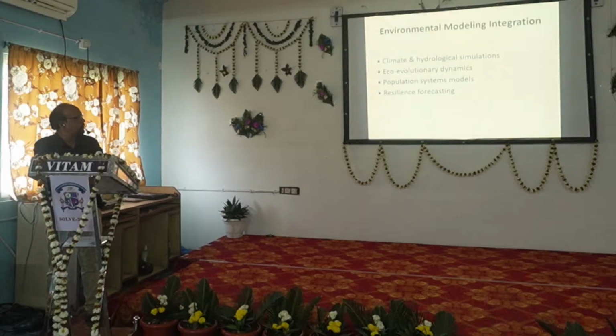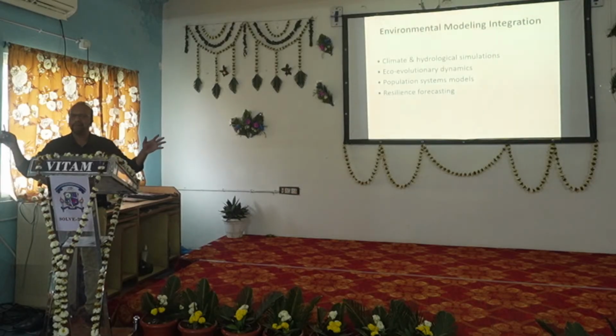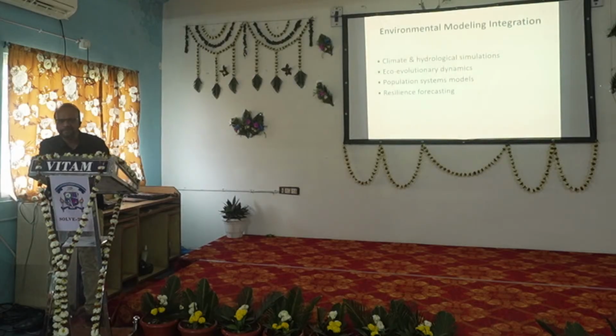the research is all about. Next is population system models. Population means not only humans, but microbial population, ant population, insect population, pathogen population. We are living in such a big campus, and this campus houses a lot of organisms. At least we should know them. Don't you think we should have a catalog, to know at least who is living with us in this campus? Next one is resilience forecasting. We can forecast that some algae, some fungi, some plant